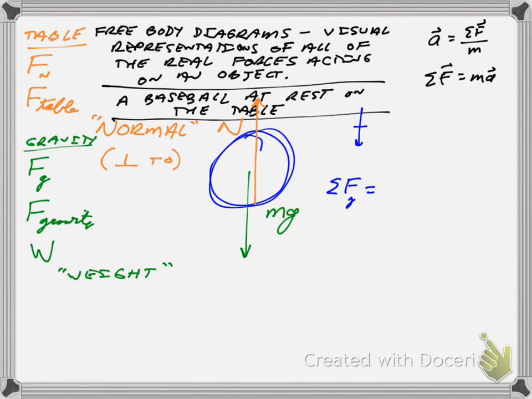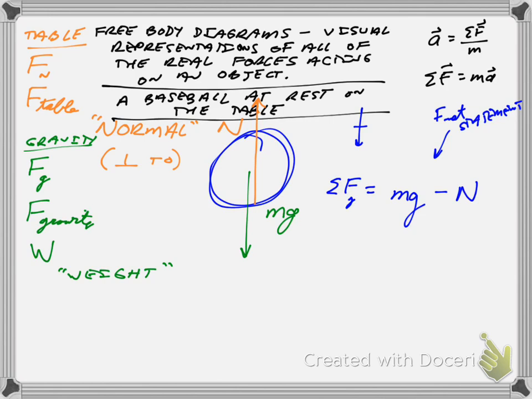I'm going to name all the positive forces and then all the negative forces. In this case, down forces, which are positive, are mg. Up forces, which are negative, is the normal force. And so my F net statement, or the sum of all forces acting on the object, in this case is